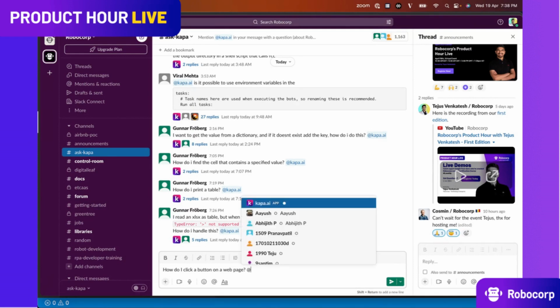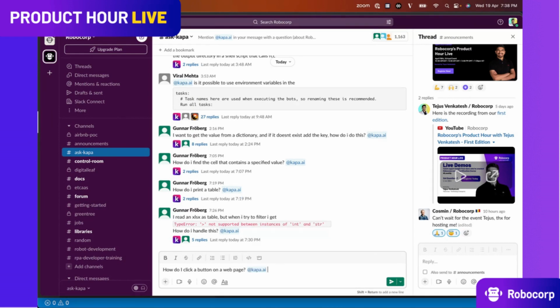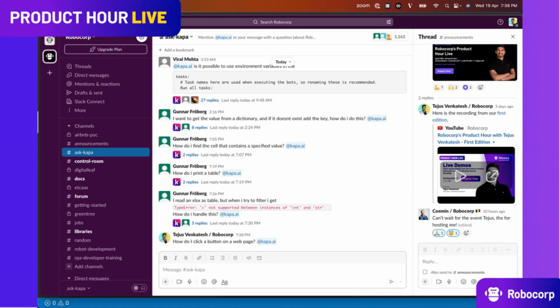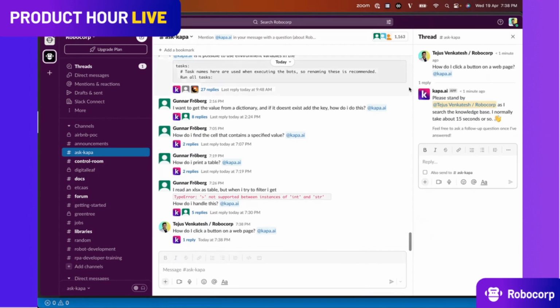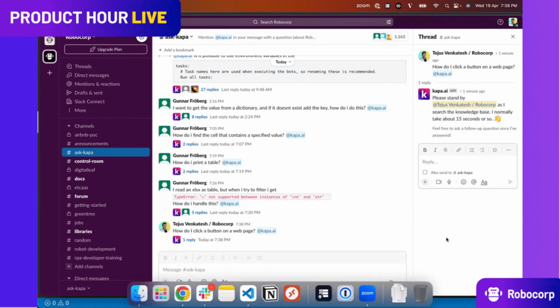All I need to do is tag Kappa AI. It immediately gives me a note saying that it has taken the question. It will take a few seconds to answer. I see a question from Yogesh: what are locators in Robocorp? Somewhat similar kind of question. I can try that next.